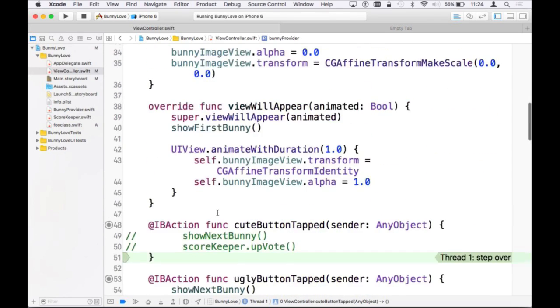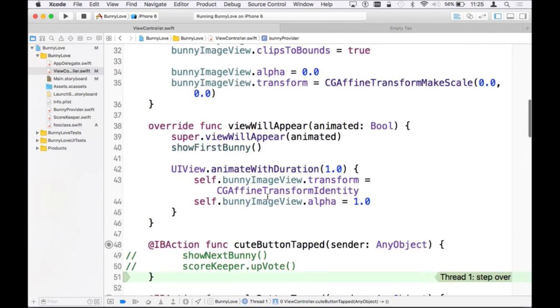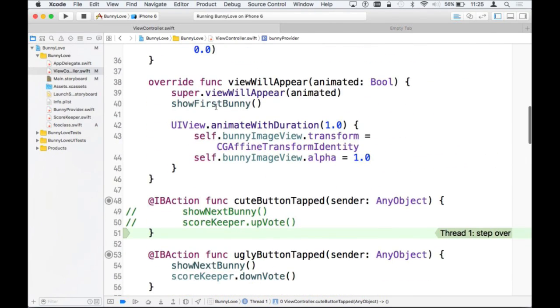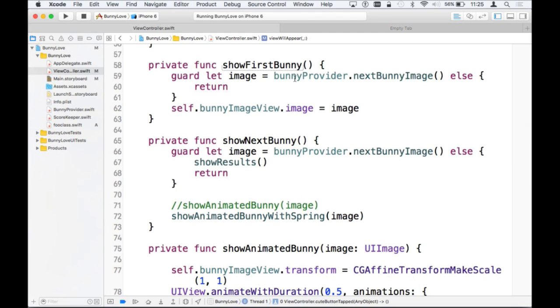and then the view controller will appear, and we have a helper function here called show first bunny. What does show first bunny do? Show first bunny asks the bunny provider for the next bunny image, and then if the guard statement passes, we know that we have an image, and we can tell the bunny image view, here's the new image, right? You technically don't need this method. Technically, you could do something like this